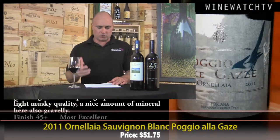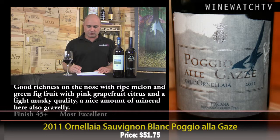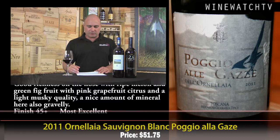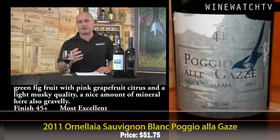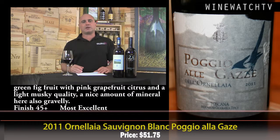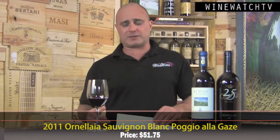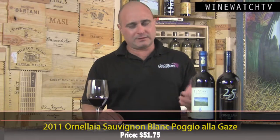This wine has got good richness on the nose, ripe melon, green fig fruits, and pink grapefruit citrus there as well. Light musky quality here, just like you get from Sauvignon Blanc, but a really nice amount of minerality showing through on the finish. Even though it does have that lovely, rich, decadent fruit, this wine has got lovely structure, and I would say it's one of those Sauvignon Blancs 10 years from now still going to be drinking brilliantly, the 2011 Poggio alle Gazze. Hey, $50, it's not cheap, but anything with Ornellaia's name on it is going to be a couple of bucks,